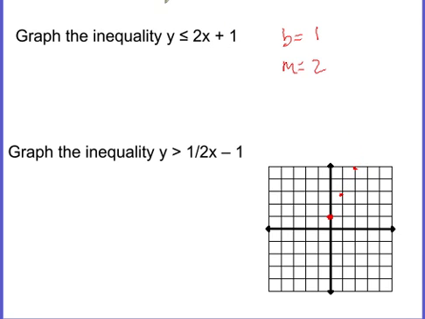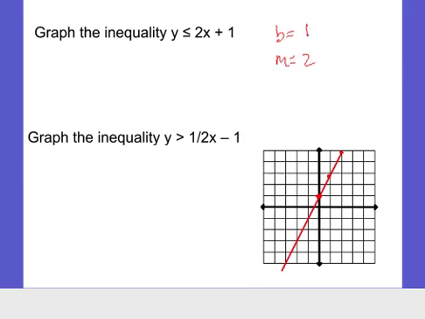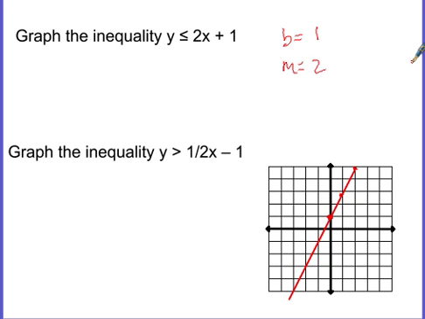What kind of line do I need? Solid. A solid line, because it's got the equal sign. So we can do, well, that was not pretty. Wasn't too bad, really, but okay, I guess I gotta click that button. Okay, there we go. Straight line, nice and neat. Okay, what do we do when we graph an inequality? See which side is true or false and shade that side, right? Okay, so